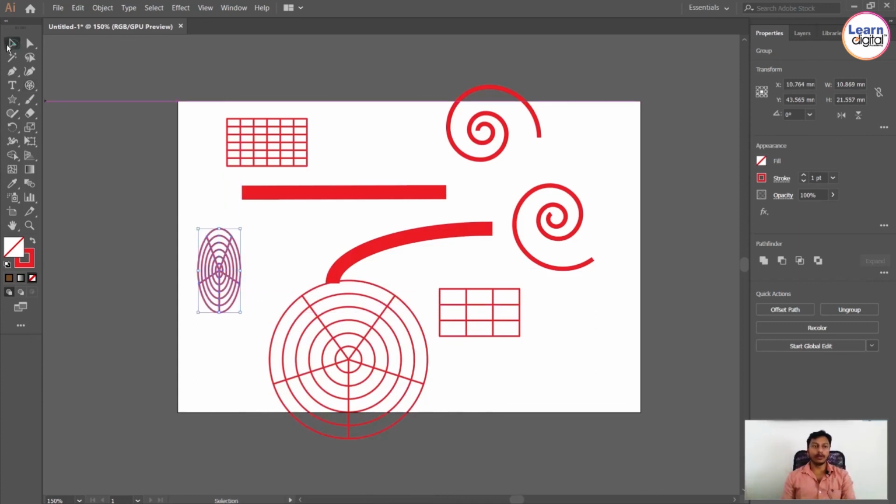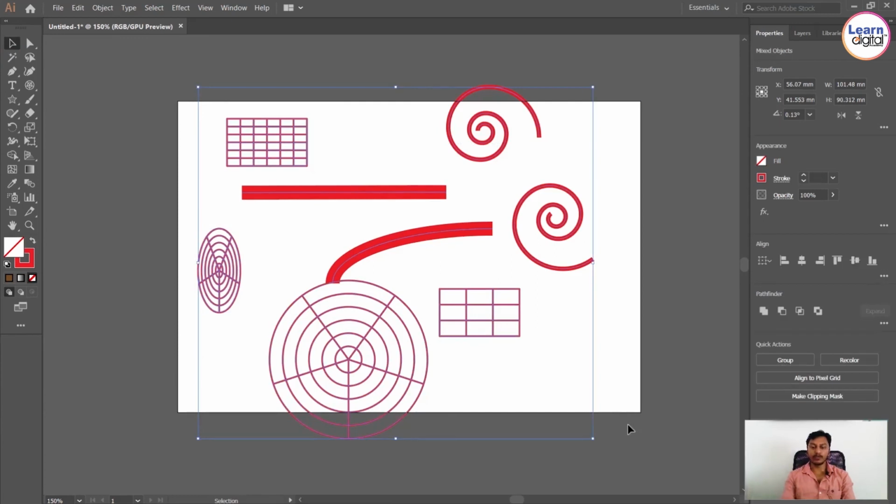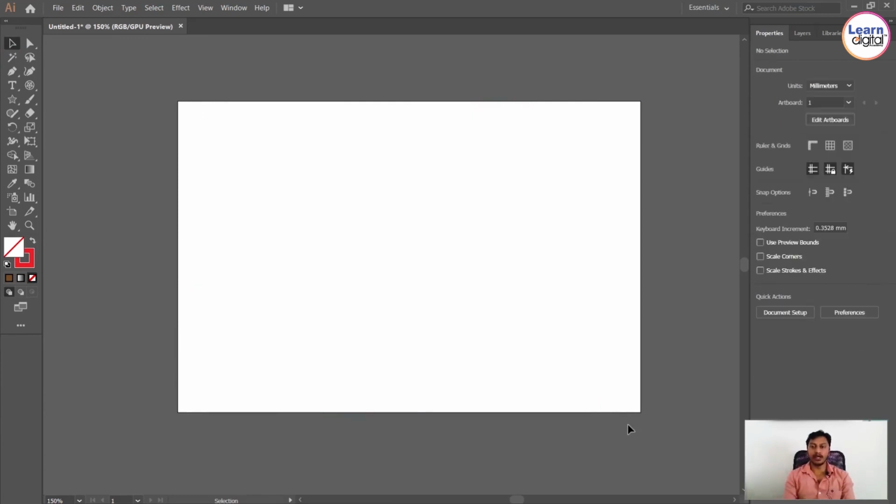Whatever you need, you can draw the shapes. You can change the color of each and every thing. So fine. These are all the main shapes we need to concentrate on, and these are the main things we need to use whenever we are doing any design. Without shapes, you can't create any design. So today we discussed the move tool and the direct selection tool.